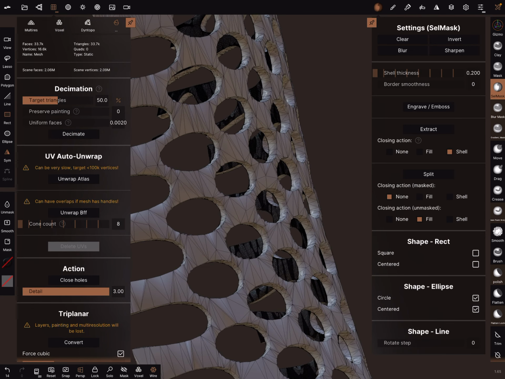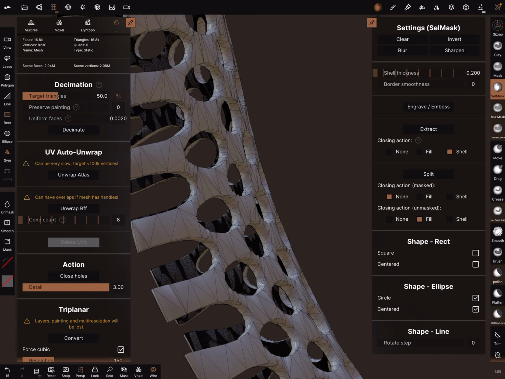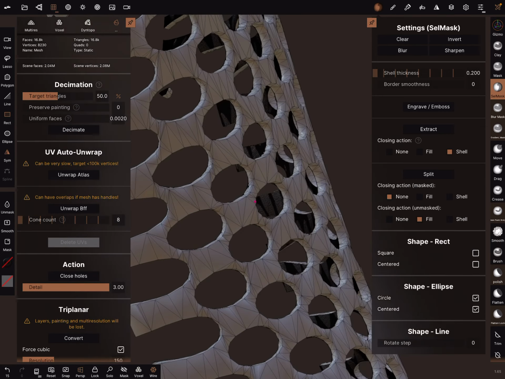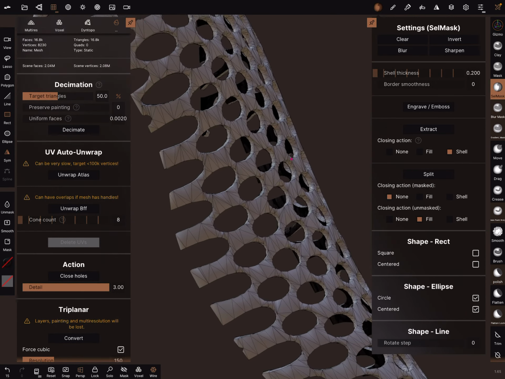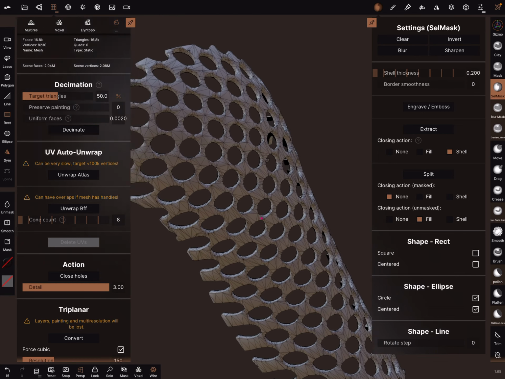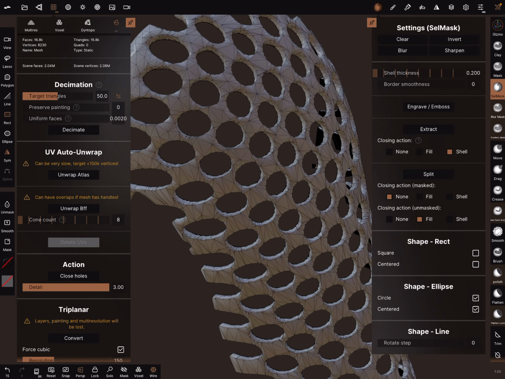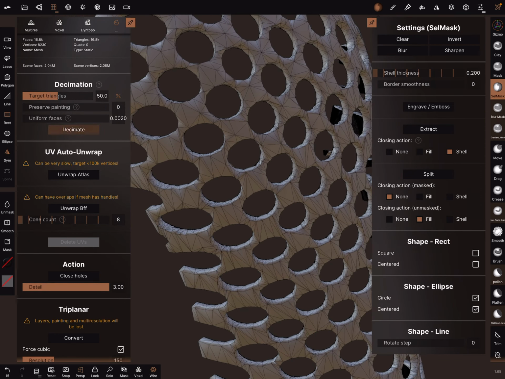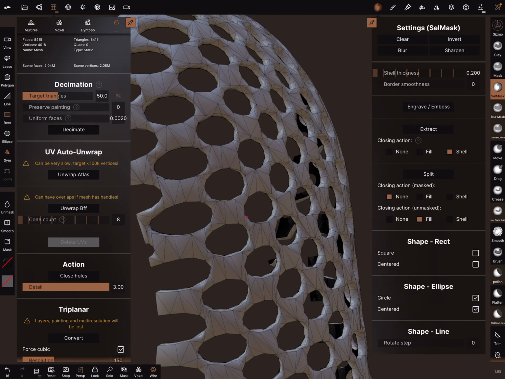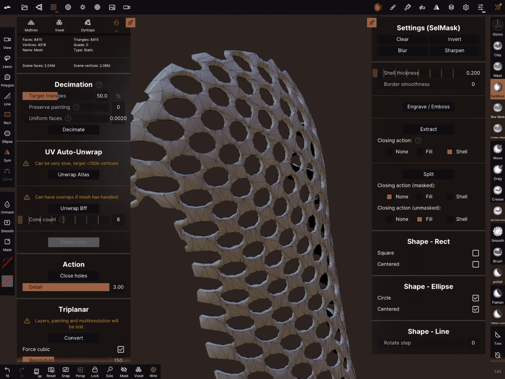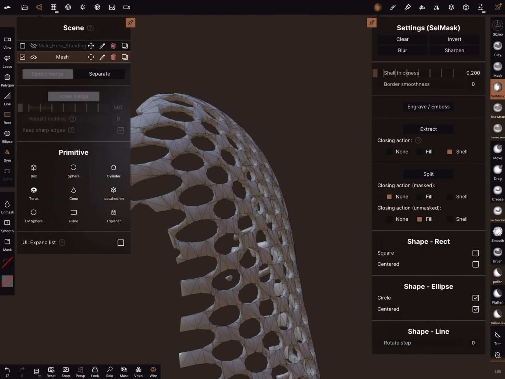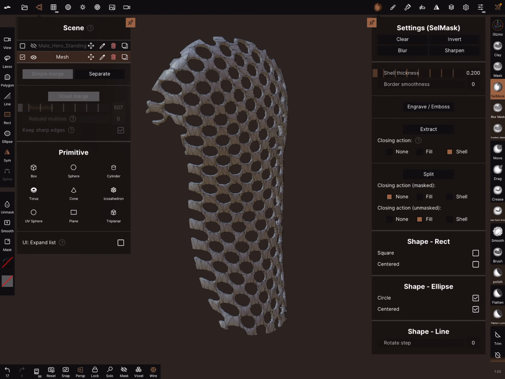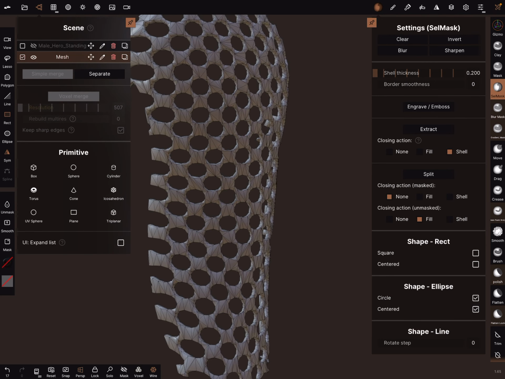It's a test with voxel remeshing and decimation. You can play around with it to get the best results. And I think when I decimate it again, one time is not possible. That's the latest decimation. This is a mask, we can delete it. And now I think we are fine.